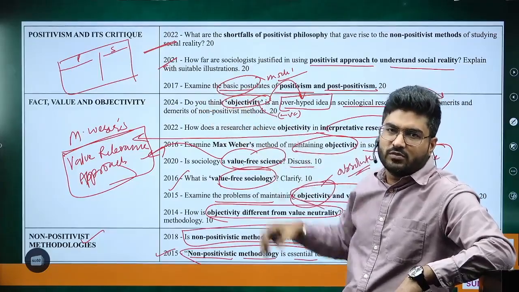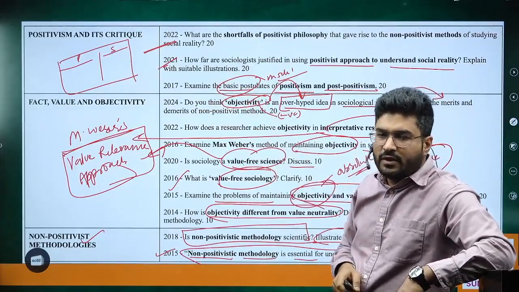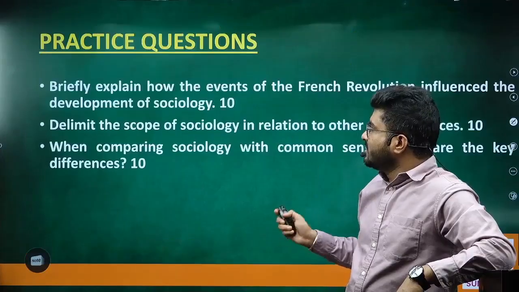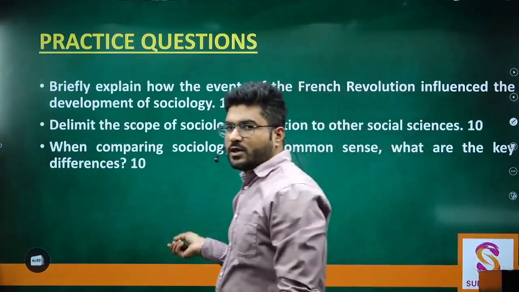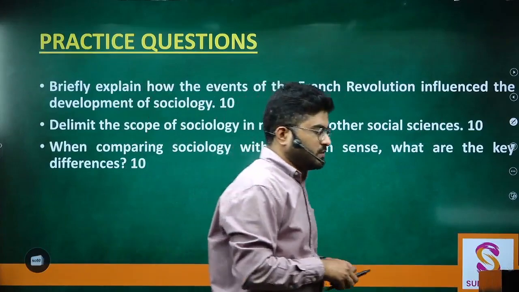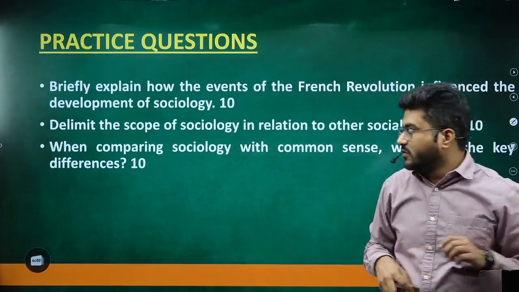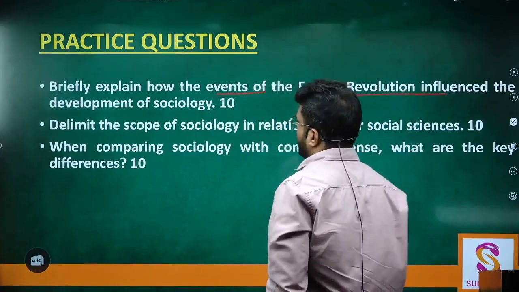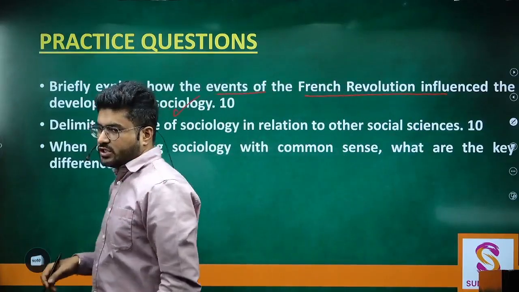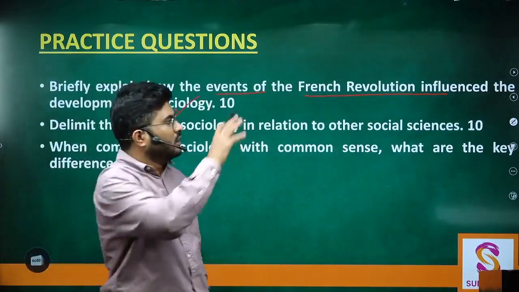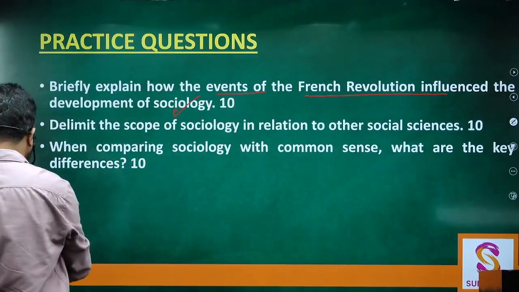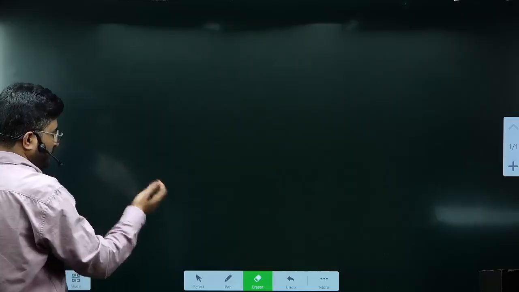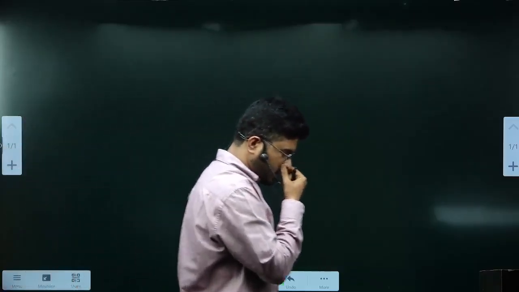even if not 100% objectivity. Okay, so this was the syllabus, but before continuing with chapter 2, we have to cover the last 3 practice questions which we have given in paper 1. The first is: briefly explain how the events of the French Revolution influenced the development of sociology. Now, before looking at this particular concept, let's analyze another dimension